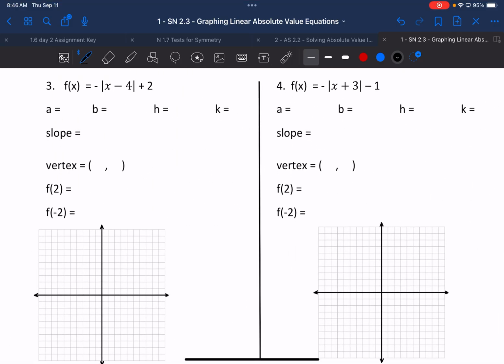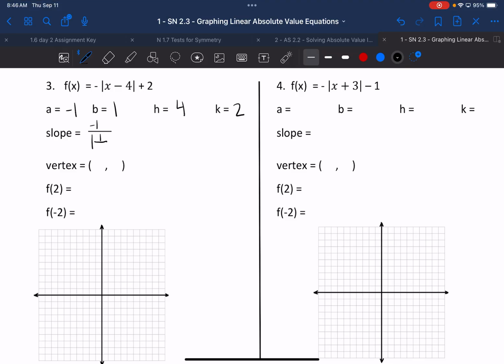On number 3, what would you guys say that the A value is? -1. Good. And B? 1. And H? 4. And what's K? 2. All right, so remember for our slope, it's A, which we said was -1, over the absolute value of